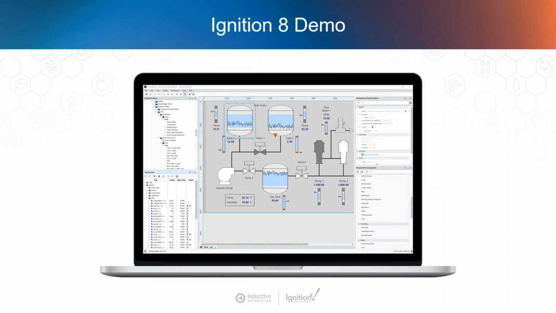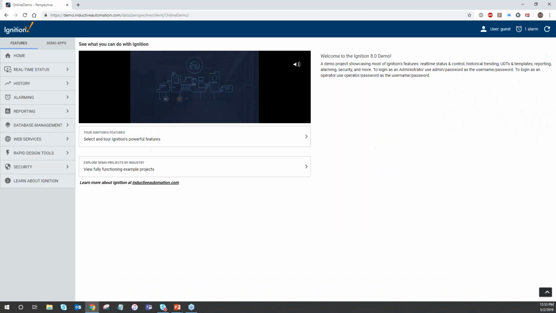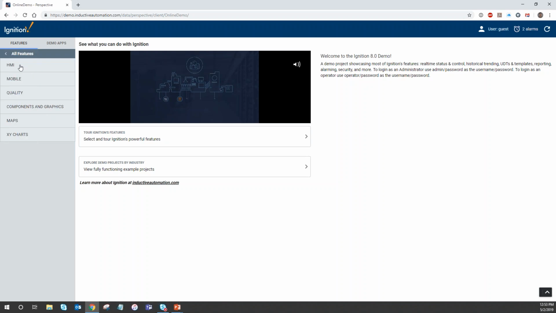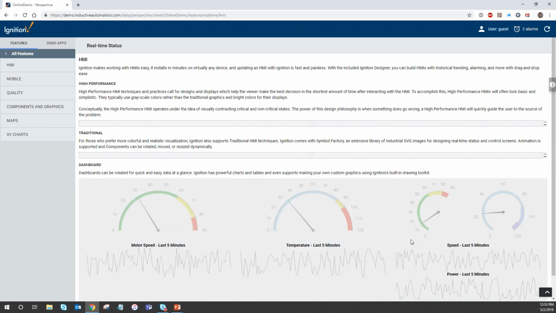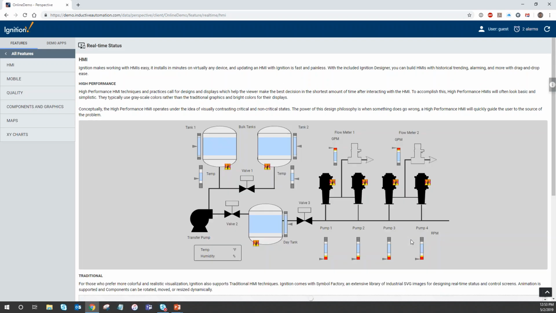So what I thought I'd show you real quick, just one or two minutes, is a demo project that showcases the Perspective application. We're going to go to a browser that is pointing to demo.inductiveautomation.com. This is a demo project that is Ignition Perspective, all built in Designer, very simple and mobile responsive. If I go look at an HMI screen in particular, here we can see an HMI,